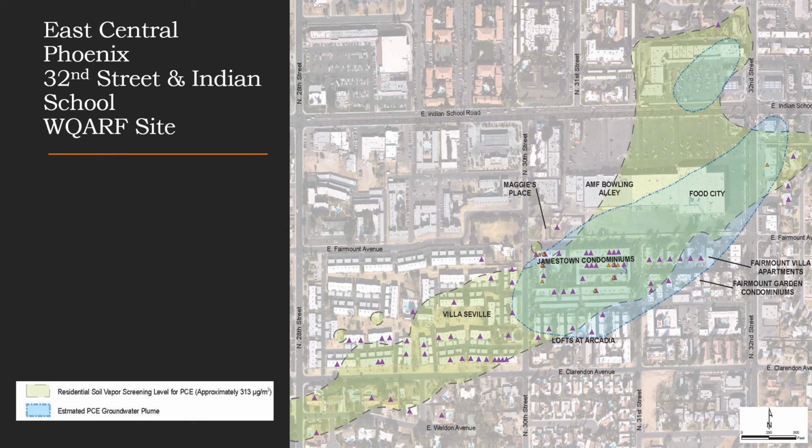This is 32nd Street. This is what the plume, we ended up realizing what the plume really was based on our sampling requirements. We had two plumes that mingled, emerged together, both from dry cleaners. An area of concern is Maggie's Place, which was a home for battered women with children, which had a basement, which is very uncommon in Phoenix to have basements in homes. And so that was a concern. That was an area that they congregated.